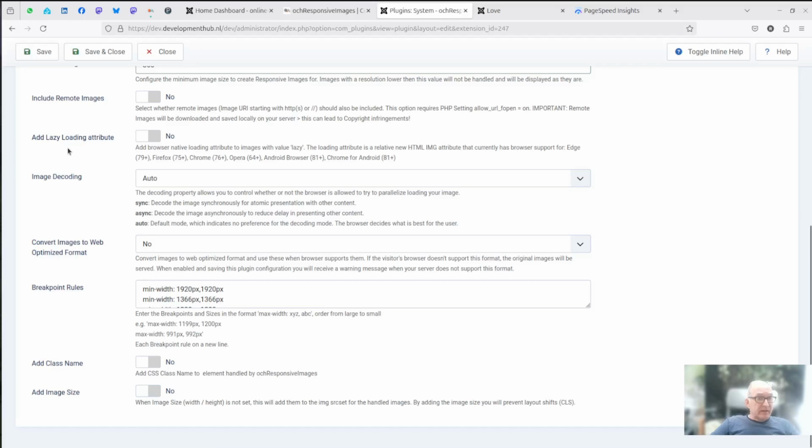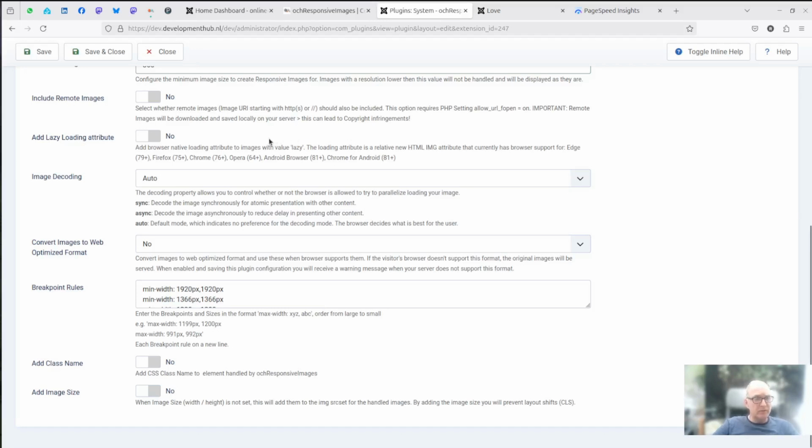You can automatically add the lazy load attribute to the images. Now, what is the lazy load attribute? When you have a regular image, this attribute is not set. So when the page loads, all the images on that page are directly downloaded for displaying, even the images that are not in view for the user, because they're at the bottom of the page.